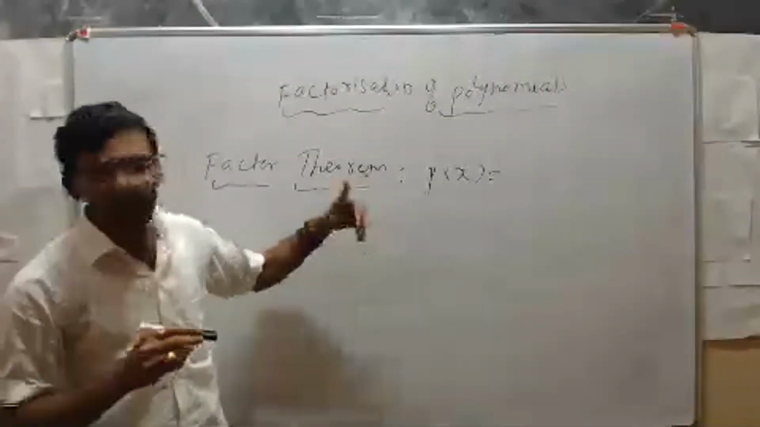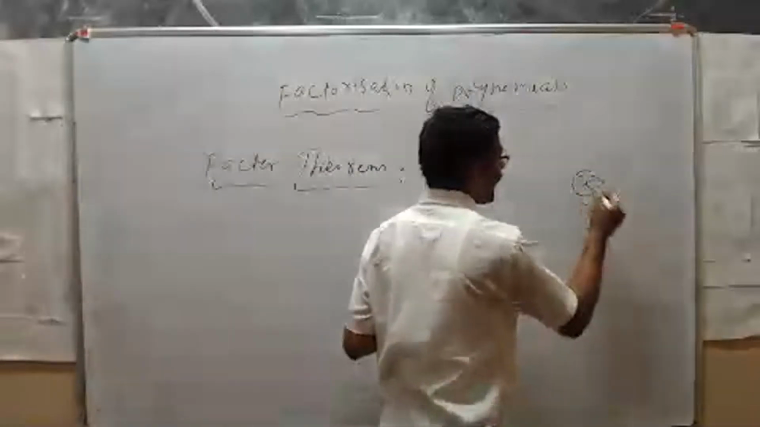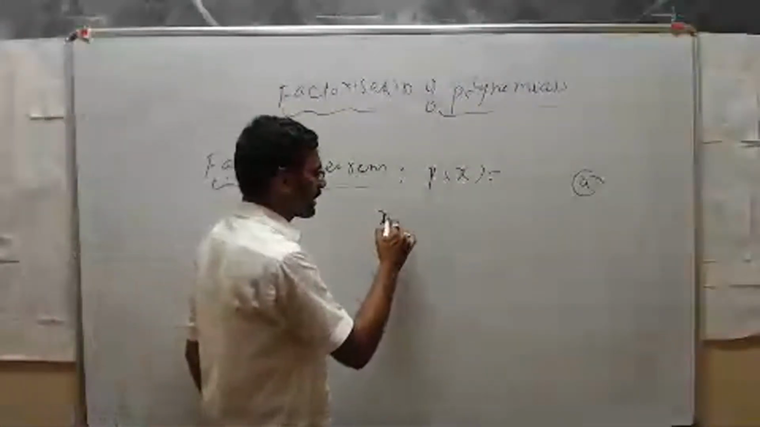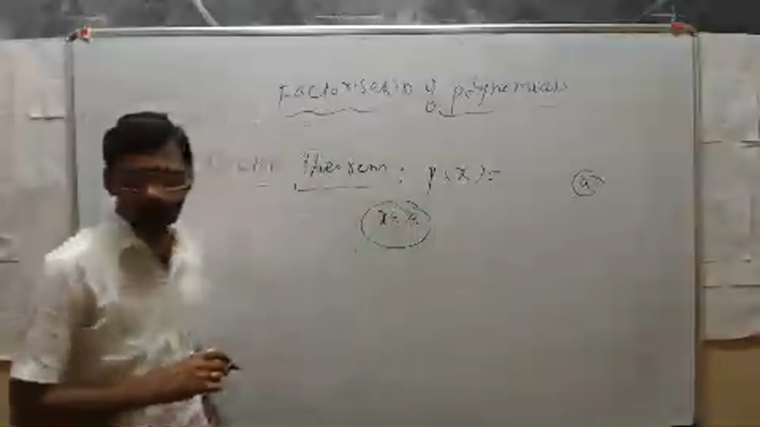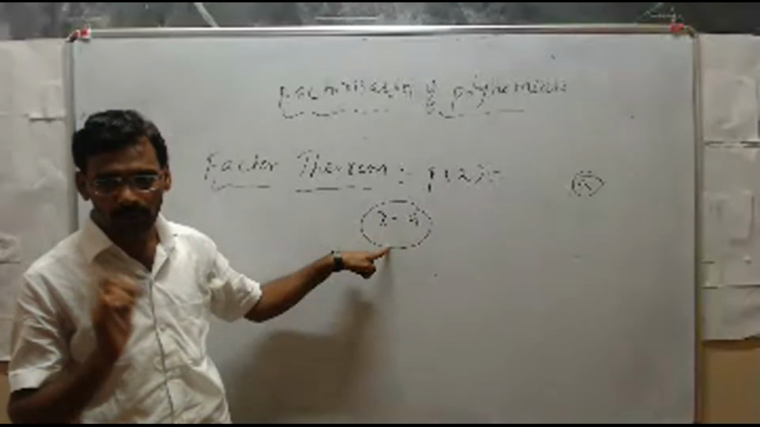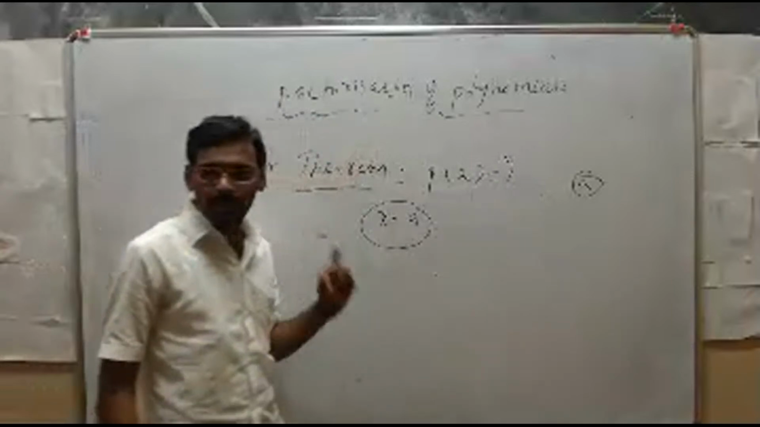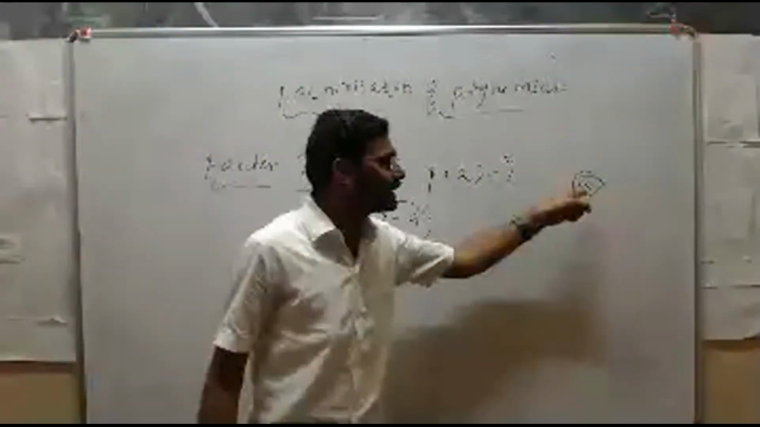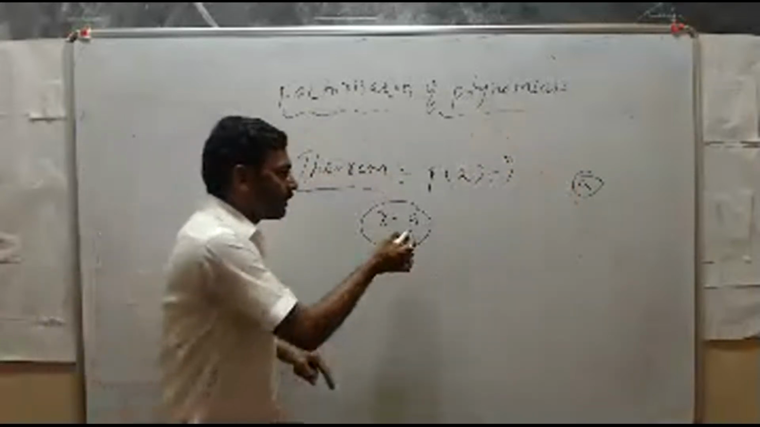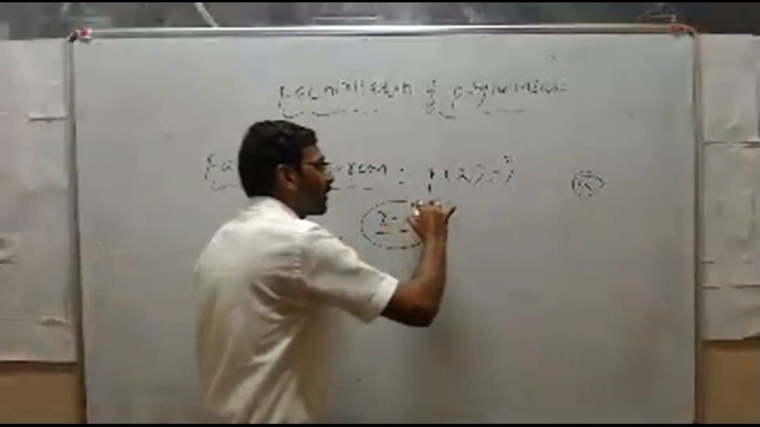Factor theorem. If p of x is any polynomial and a is a real number, any real number, then x minus a, it is a linear polynomial. Keep in your mind, students, what is the factor theorem? P of x is any polynomial, and a is a real number. Then if x minus a is a factor of this polynomial,